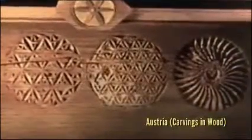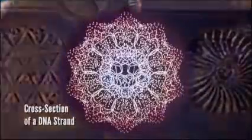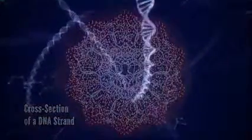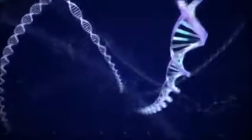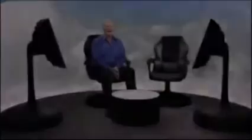This same pattern shows up in modern scientific research. The double helix has an alphabet of 64 codons that are used to encode our human DNA. I had seen that there was advanced knowledge of the living geometry of the universe thousands of